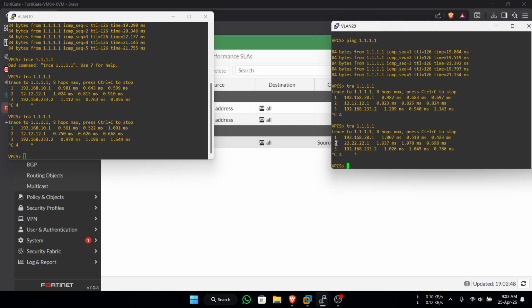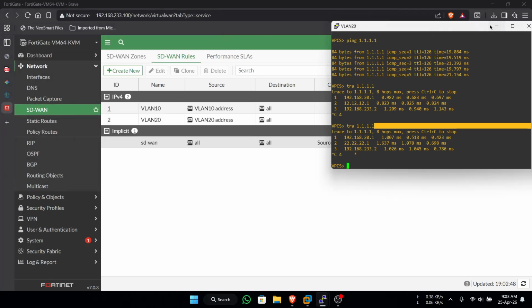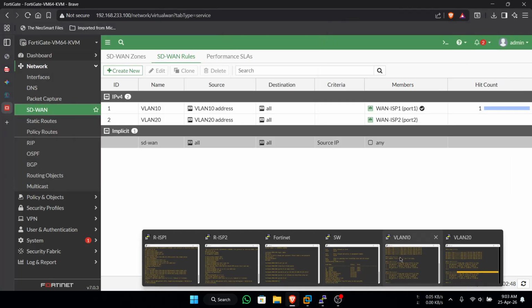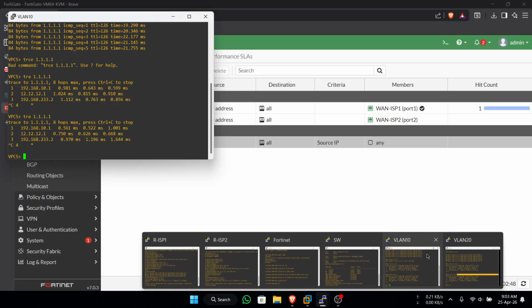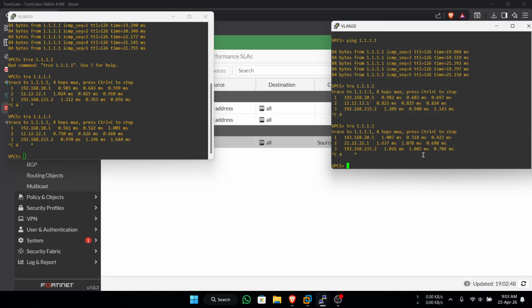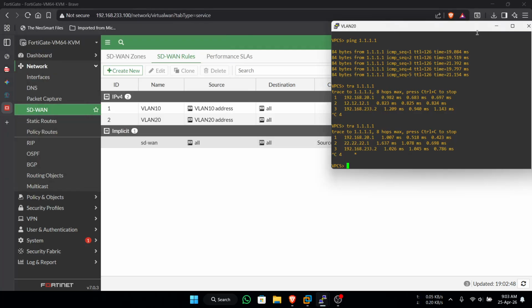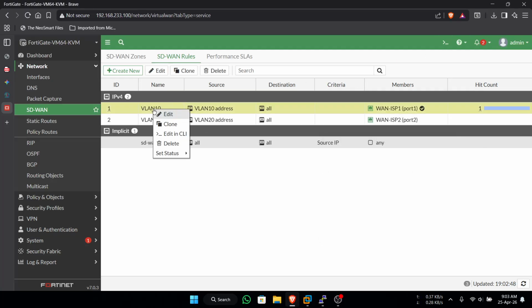Okay, and now this PC moves from router ISP2. Okay, that's one method for making those rules.